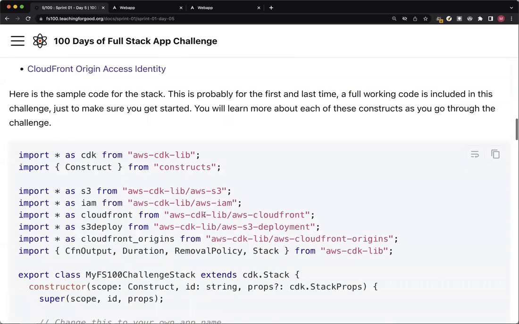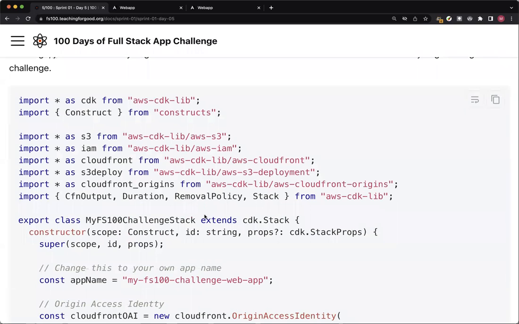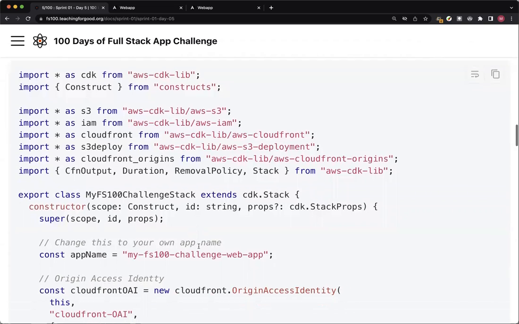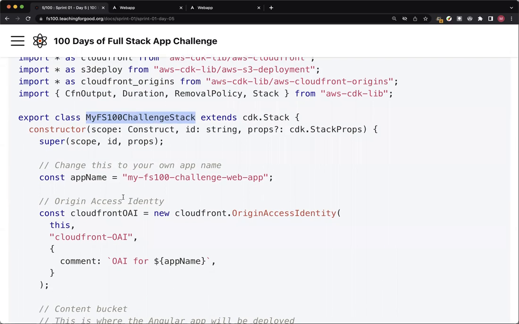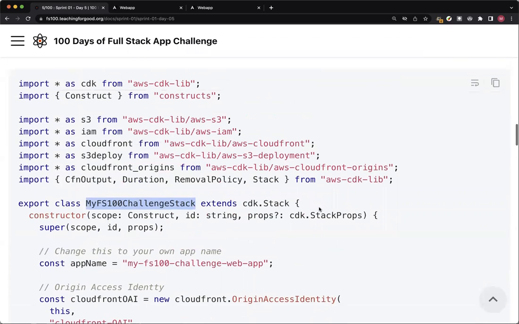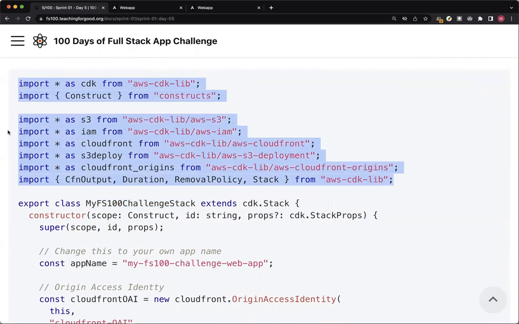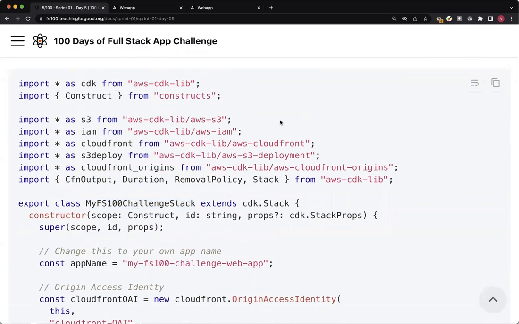So this is a sample code for the stack. And as I mentioned, open your application name-stack.ts in the lib folder of your project, and you will see some placeholder content. Replace that placeholder content with this code. This stack name will be following exactly your folder name as well. So keep your stack name exactly the same as before, but you should be able to copy the rest of the code here. And make sure you also copy this top portion, which is where we are importing necessary modules